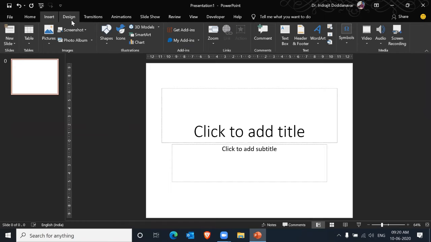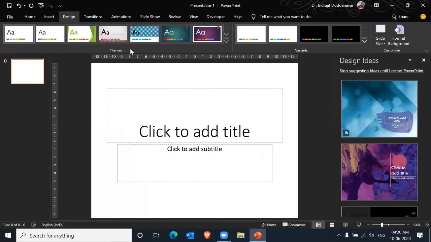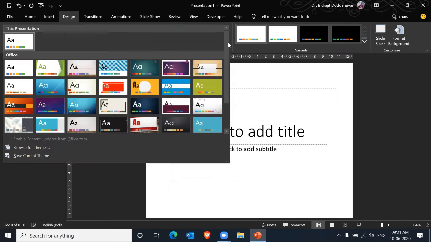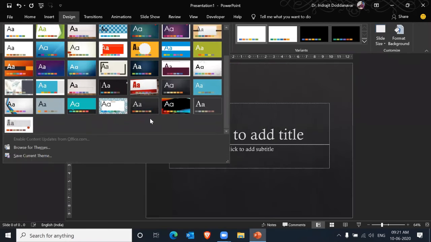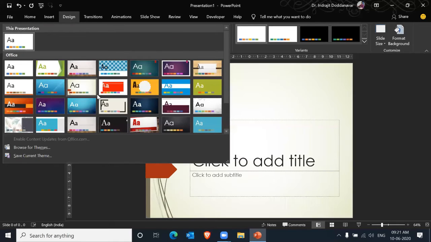So the step is you'll have to go to Designs, and here you have got themes. You will have to click this, and from these pre-loaded themes from PowerPoint, you will have to select whichever you feel will be appropriate for your presentation.